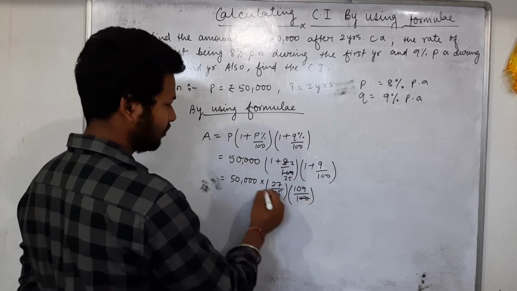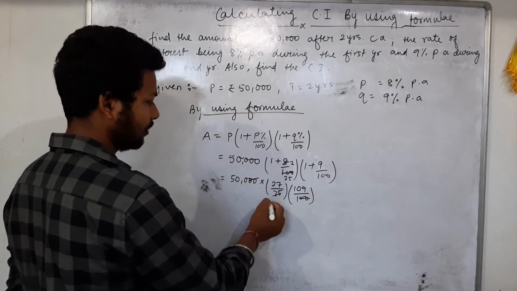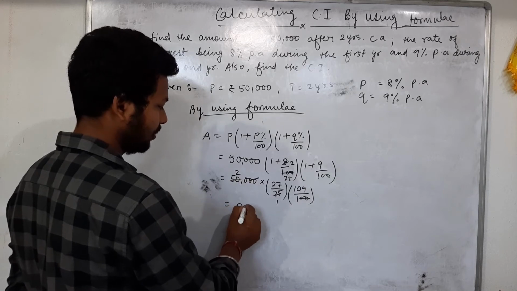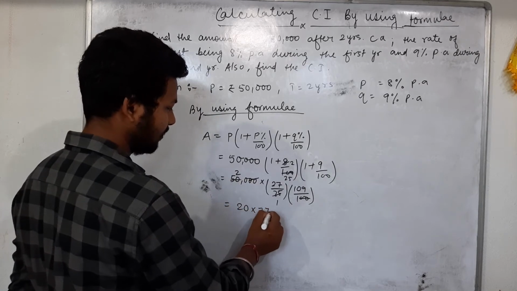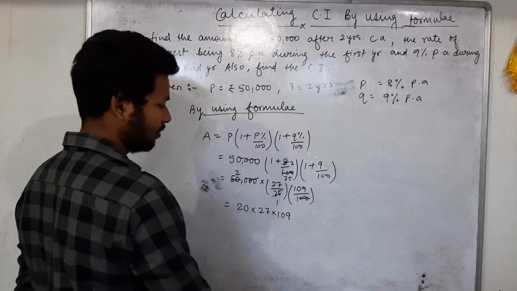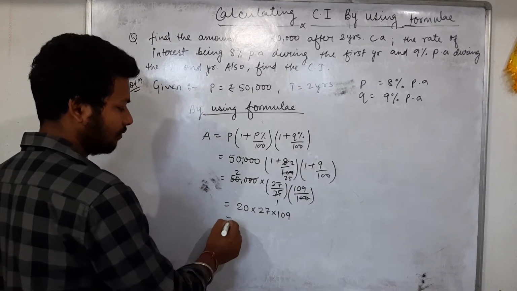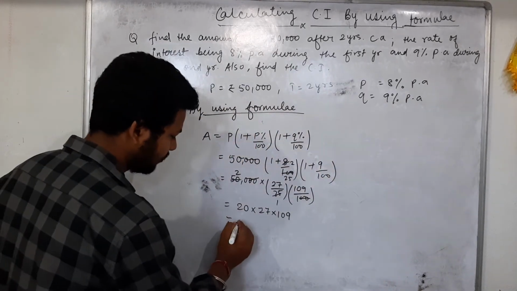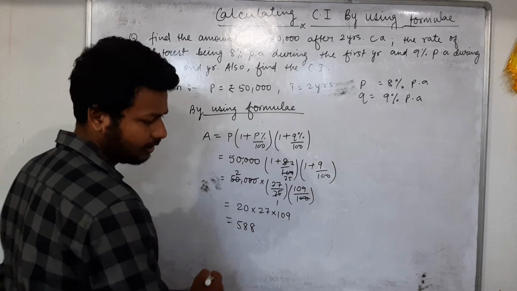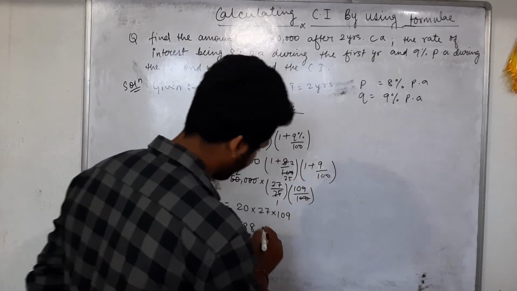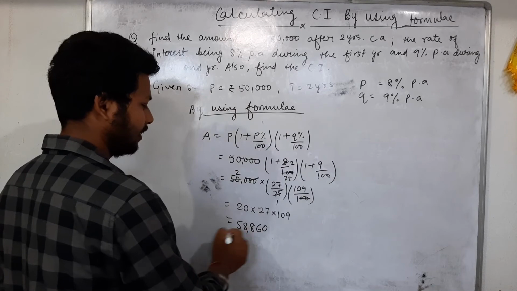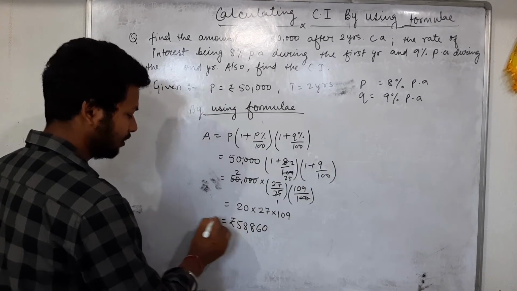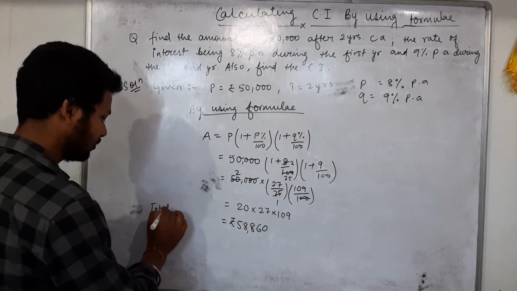Okay, double zero cancels out, 25 twos are 50. It becomes 20 into 27 into 109. On solving this, you will get 58,860. Okay, 58,860 is the total amount